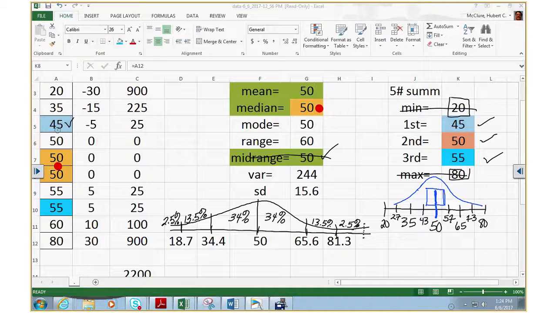Which one is it? Which one do you want? Do you want to calculate or do you want to count? I can show you both ways. I like calculate. All right? Now, if you want to do it this way,